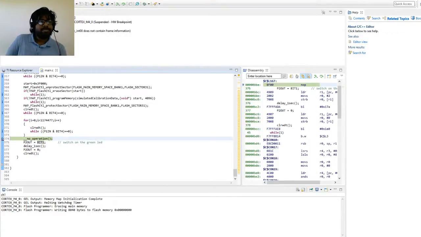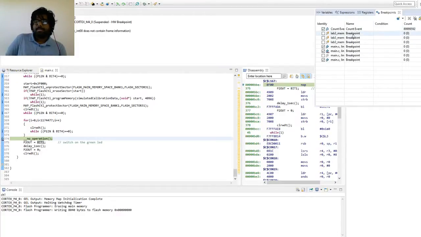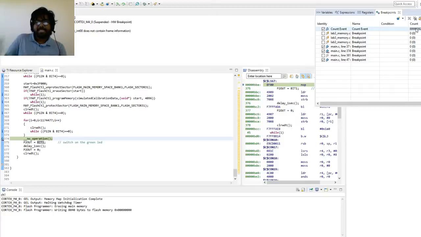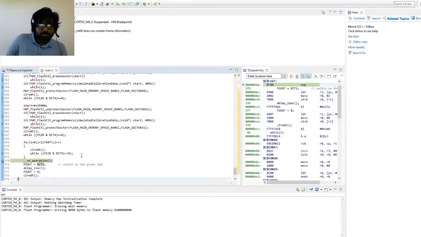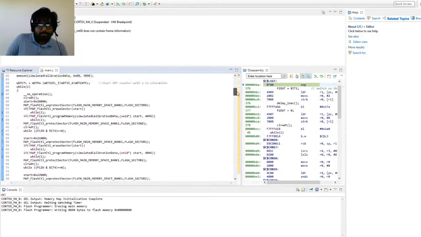Yeah, it is done, and I've set up a count event here, so we can see that we have reached 9 million cycles while writing to the flash and in the waiting loop. So it is almost exactly 1 minute.